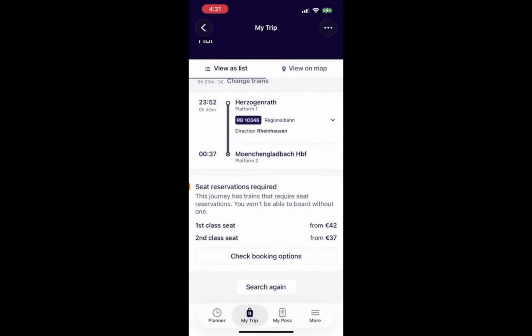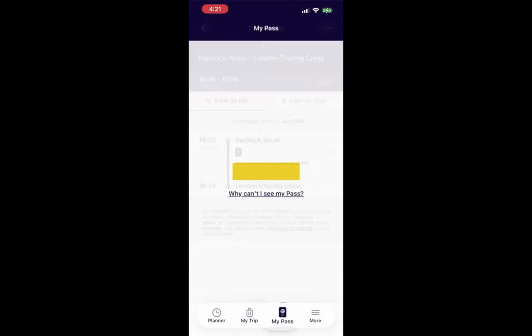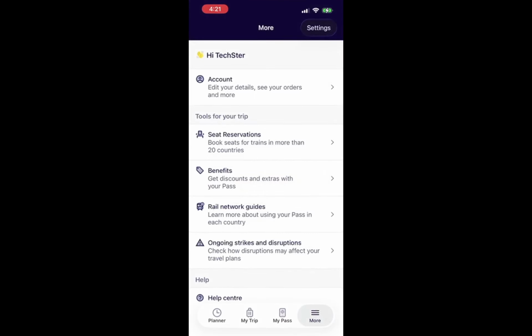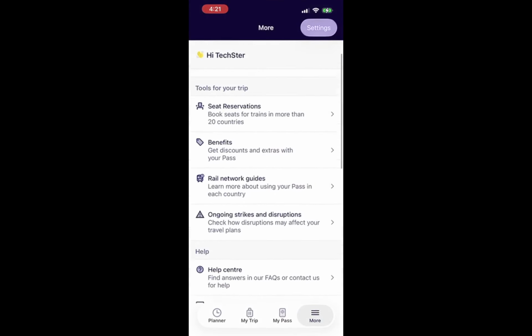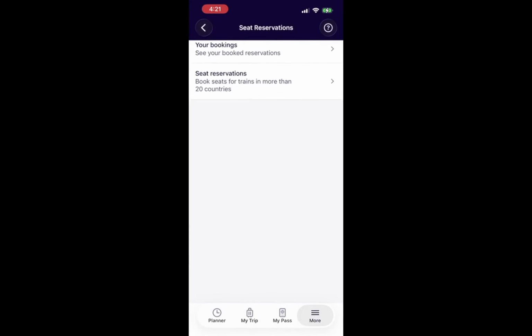Note that not every train can be reserved directly through the Rail Planner app. If you don't see a booking option, follow the More Information link to book through the appropriate railway operator or the URail website. High-speed and night trains often require reservations, while many regional trains do not. For the best availability, book reservations as early as possible, especially during busy travel periods.